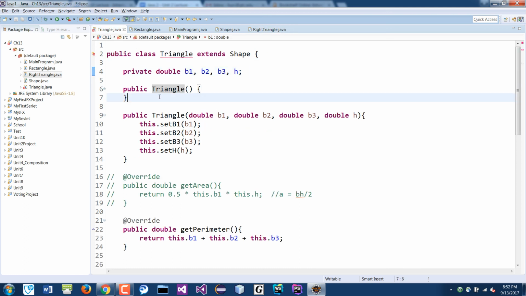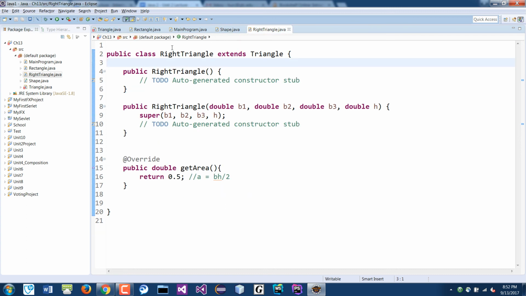I thought I did it in here already. Why didn't it do it? So we have